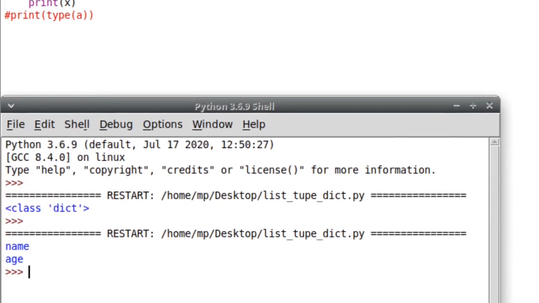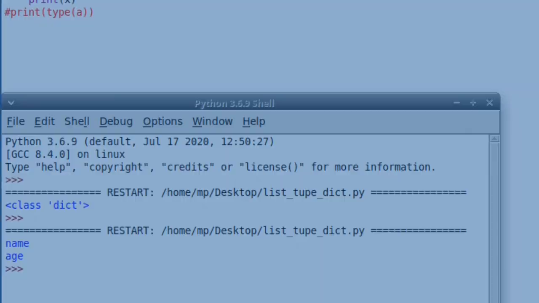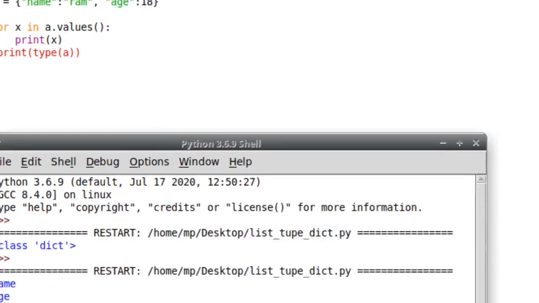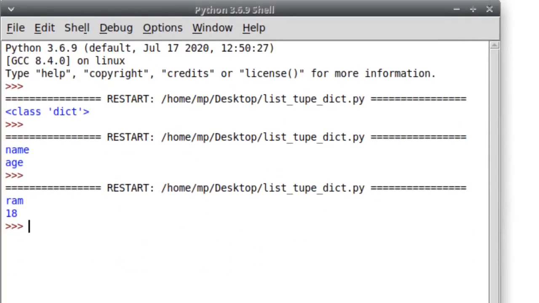If I want values, I can simply do .values() here, so I'll get all the values in x. If I run that again, I can see all the values.